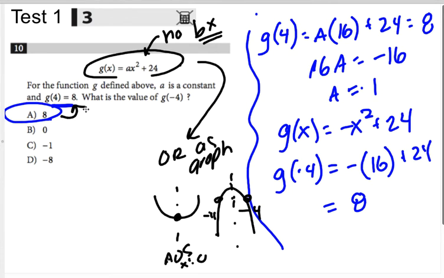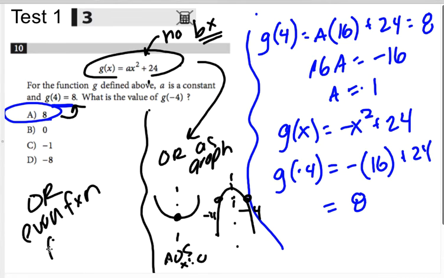And then a third way to picture this is that this is what's called an even function. Or you could note that it is an even function, which by definition means that f(-x) is the same as f(x), meaning that when you put the opposite number in, you get the same number out. So the longest version of this solution is to actually find a,